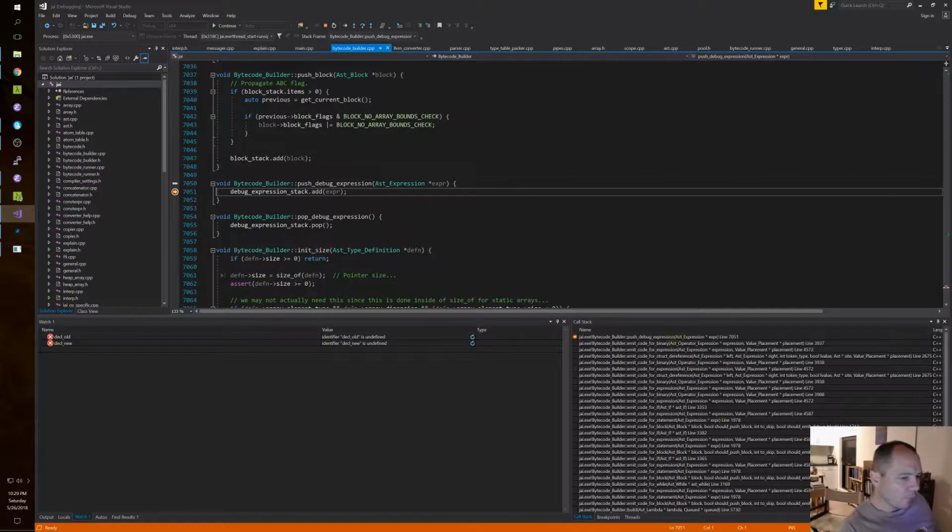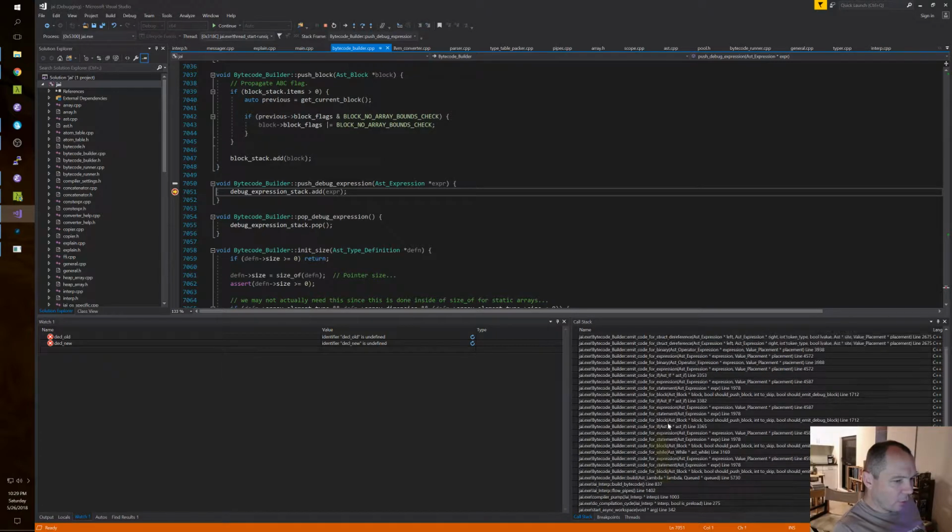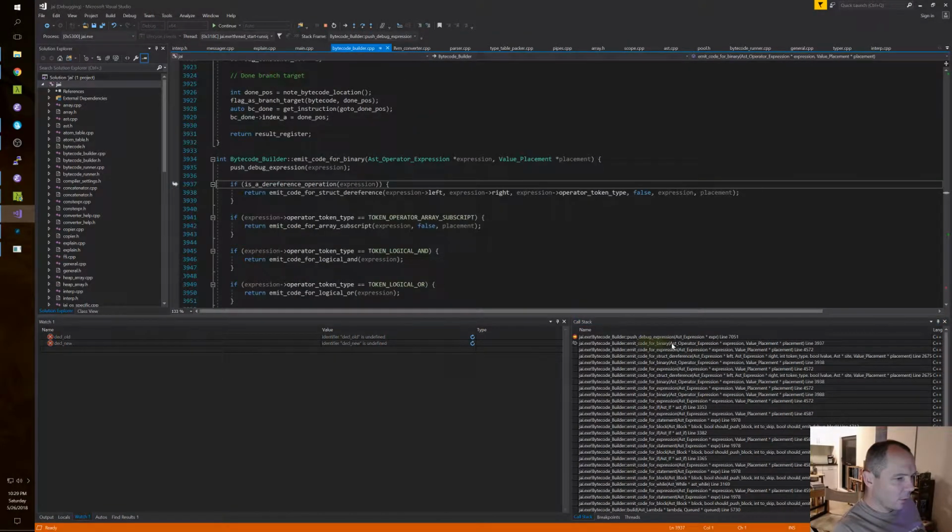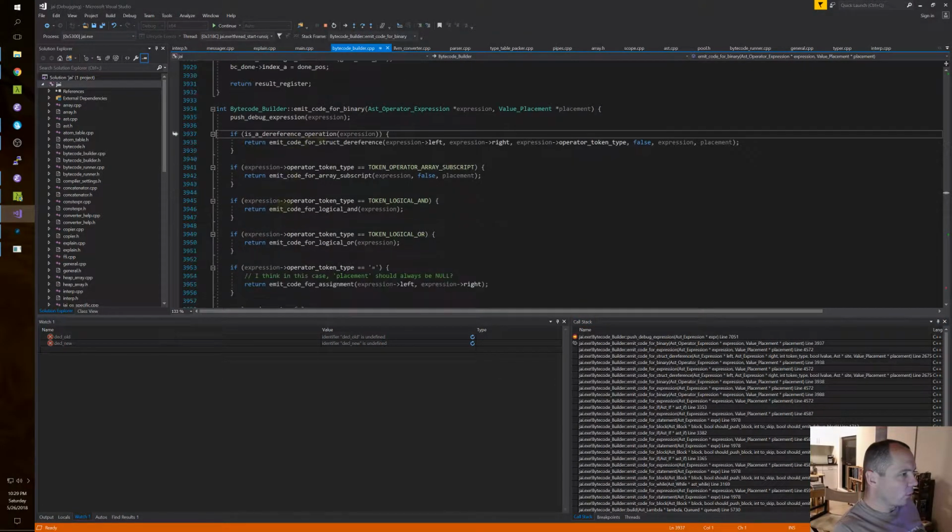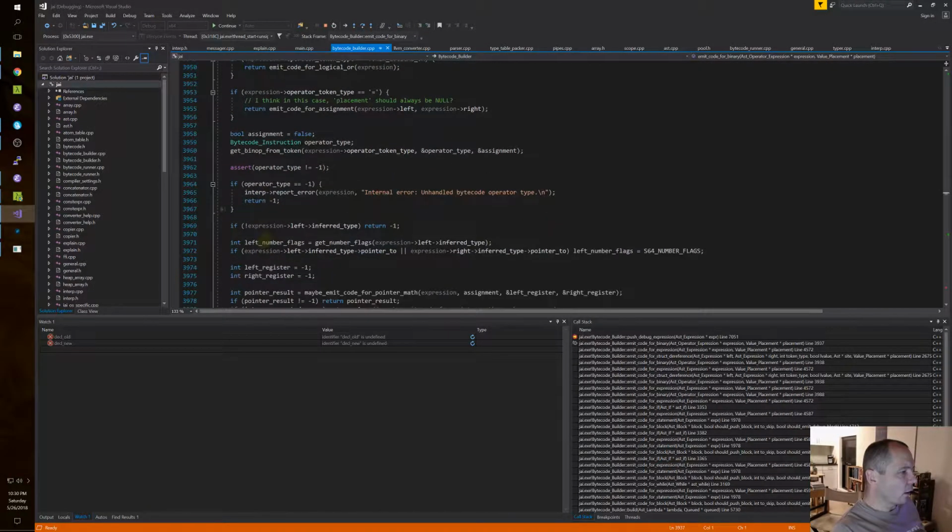Okay. We are certainly not 1,000 expressions deep in this thing. Emit code for binary push debug expression. And then we're returning.